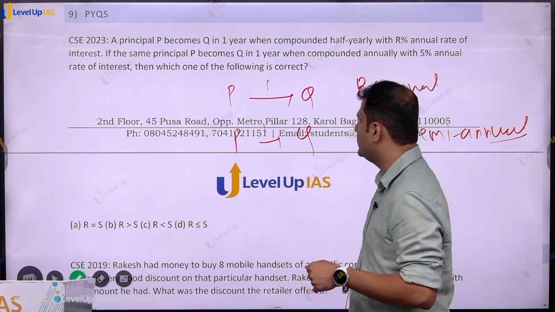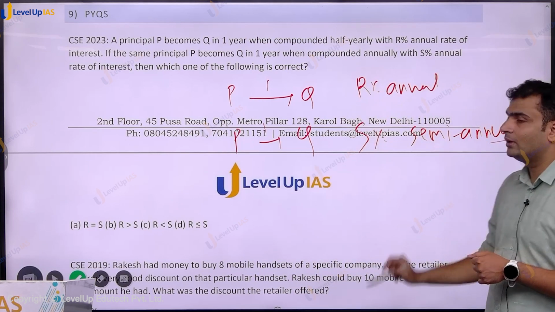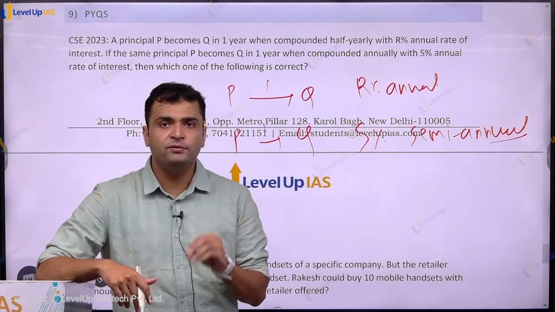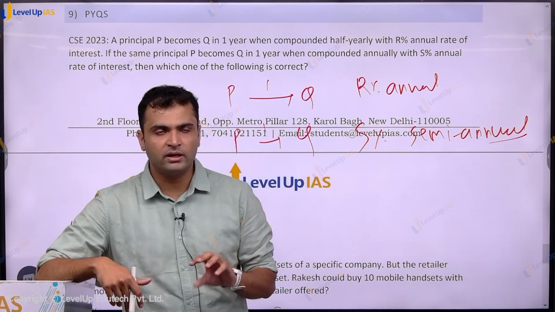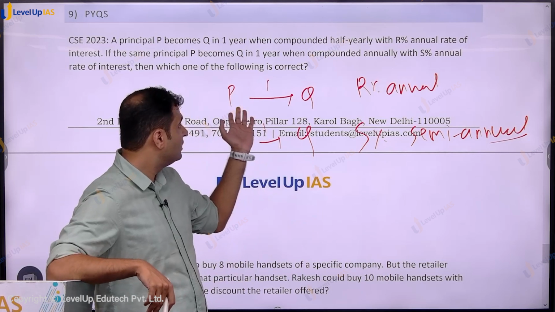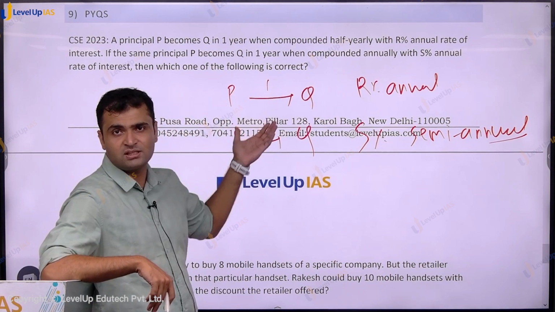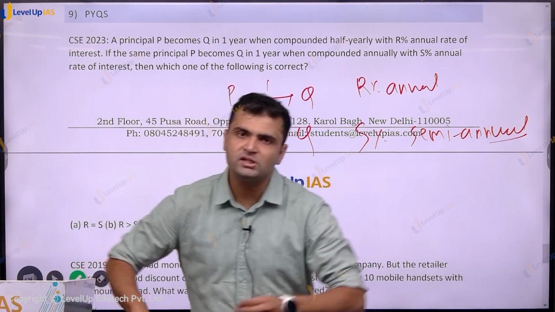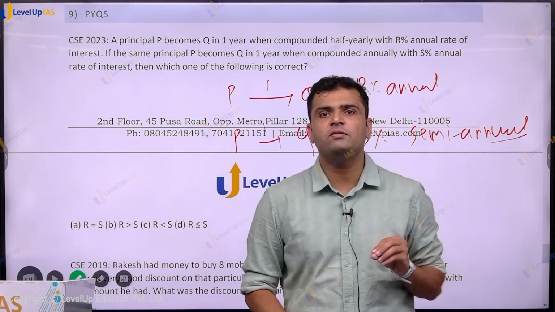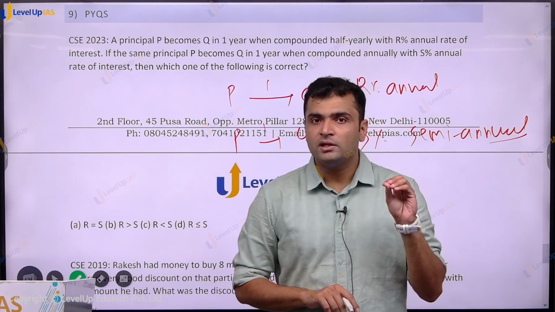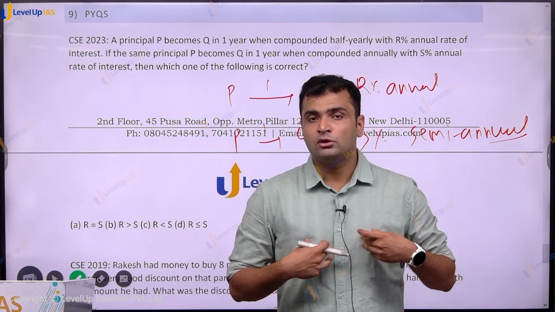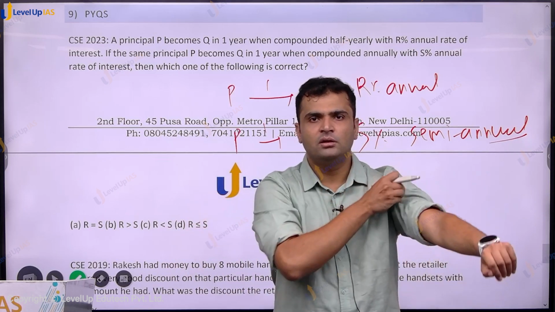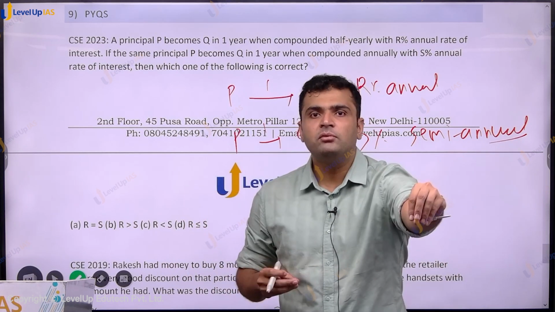We want to compare R and S. Here annual compounding, here semi-annual compounding. What do you know? We get more money with semi-annual compounding if the rate is the same and the time period is the same. Correct? But here in this question, the final amount is the same. So the interest we have is the same, the period is the same, only the difference is the rate. We have to reach the same destination in the same time, but only the rate of interest is different. What have we studied? Semi-annual gets me more money. So to get to that much money by both ways, annual and semi-annual, I need more interest rate via the